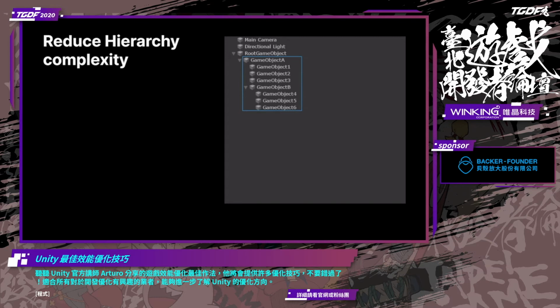Imagine game object V doesn't have any renderers, so we don't need to transform those. The recommendation here, using the tip that I just gave you, is to flatten the hierarchy